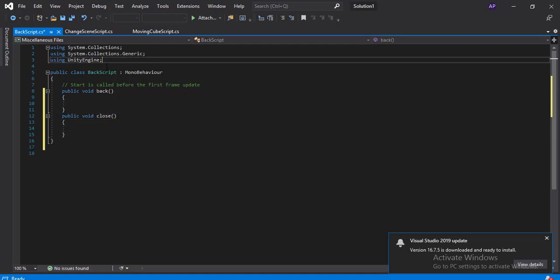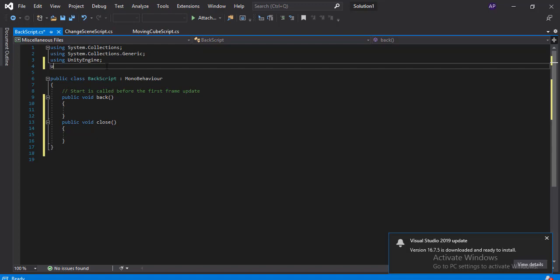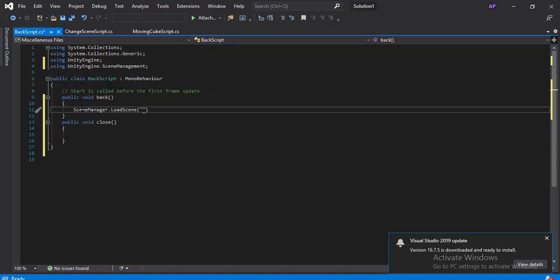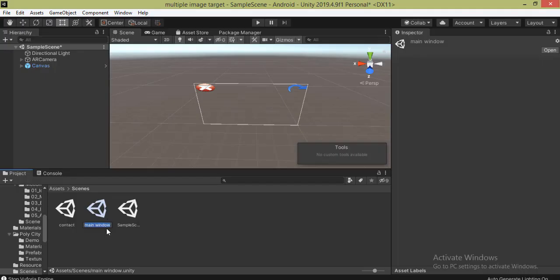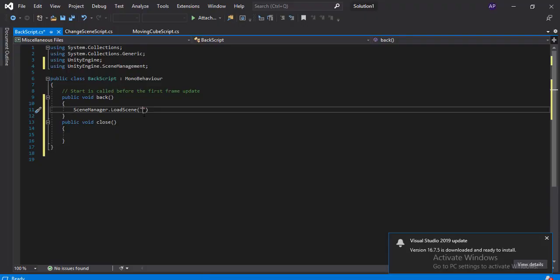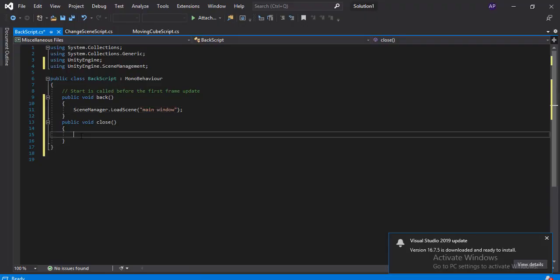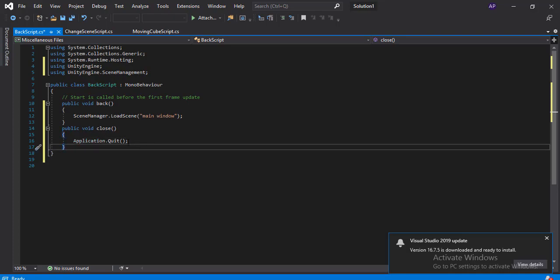Now again I add one file here using Unity, and in the back section I copy the main window scene name and drag it here, and in the close, Application.Quit, and press Ctrl S.